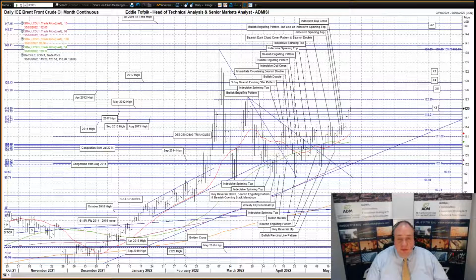Here is your daily technical analysis of Brent crude oil and spot gold. I'll start with ICE Brent crude oil futures. Another really interesting piece of action on Friday. It was a bullish white soldier, a second bullish white soldier that is, but more importantly it was the market